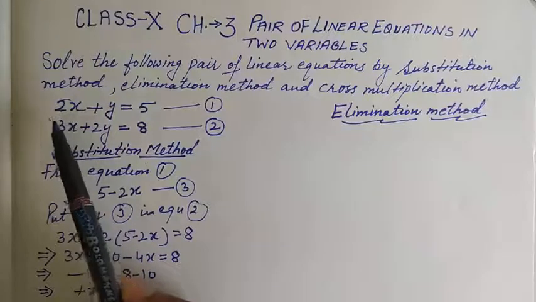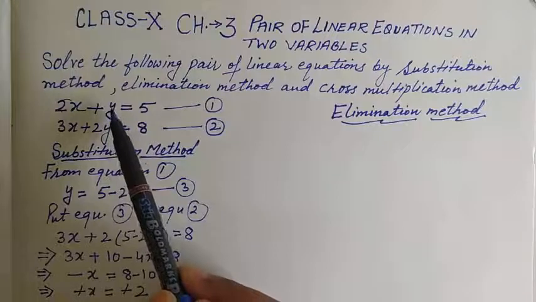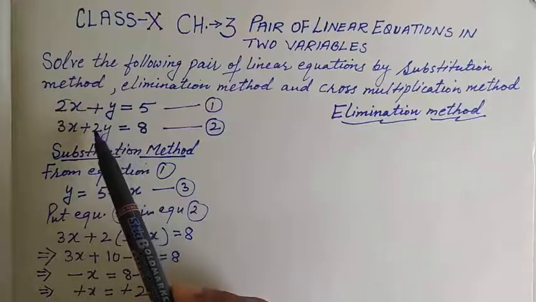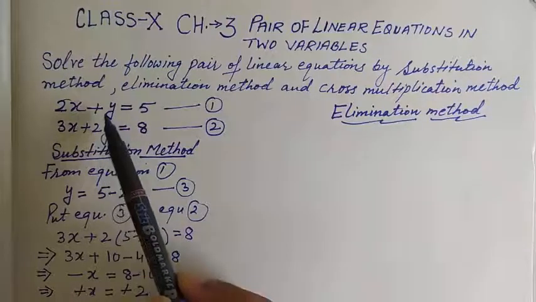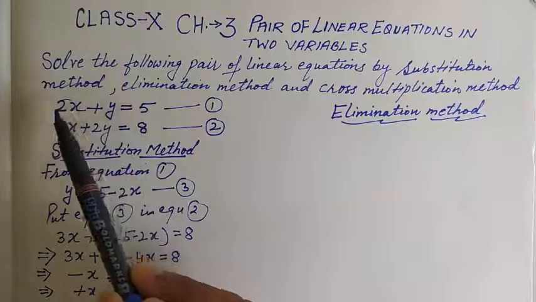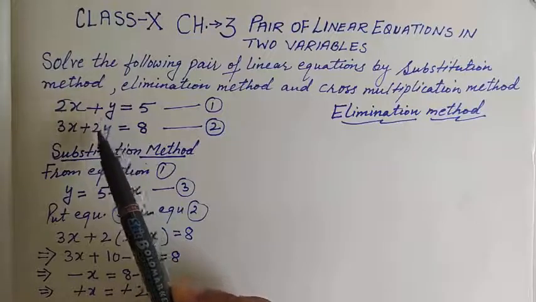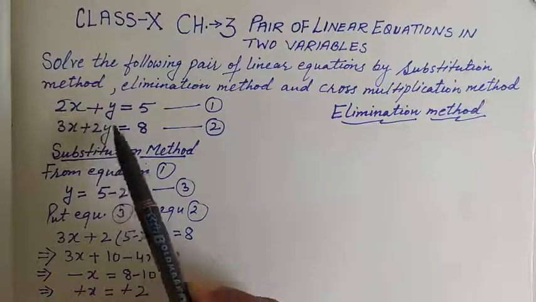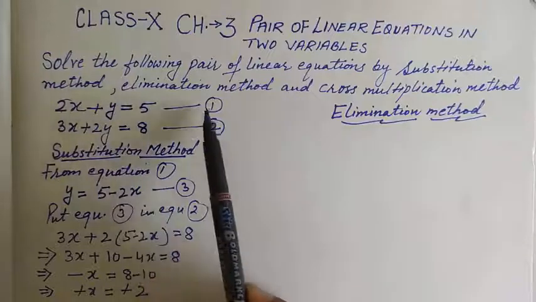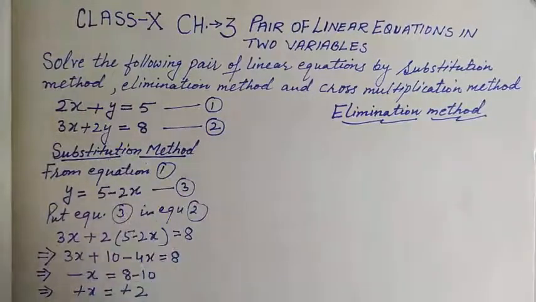That is also fine. If I see here, the coefficient of y is 1 and here the coefficient of y is 2. So if I multiply equation number 1 by 2, this full equation by 2, it becomes 2y here, and here is also 2y. So the coefficient of y will be the same. So this is an easy one. So what we do, we'll multiply equation number 1 by 2. So the coefficient of y will be the same in that case. So that is our target.